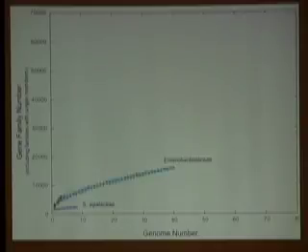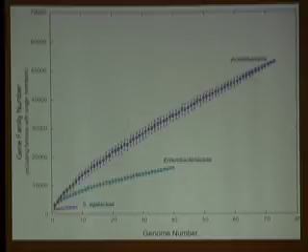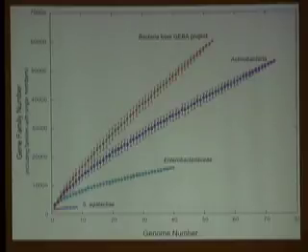If you do this for a family, the Enterobacteriaceae, you see a higher rate of increase of recovery of new protein families per genome that you add. If you do this for a phylum, you see an even higher rate of increase of new protein families per genome that you add. And if you do this for the genomes sequenced in these first 56 genomes, we see